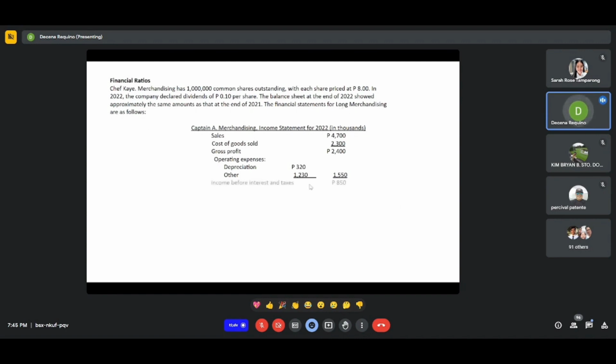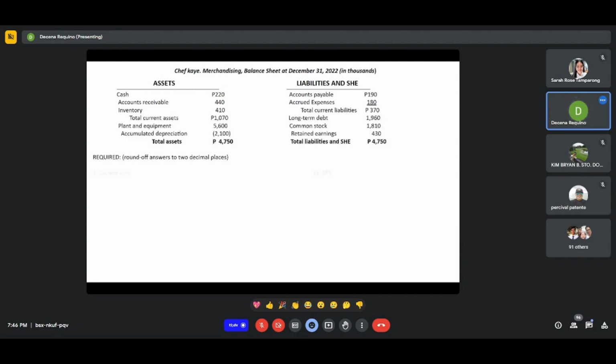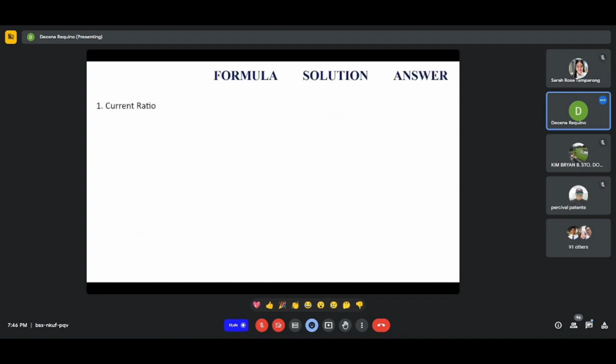So, ito yung income statement niya. Wait lang. Then, ito yung balance sheet. Paano nyo ba makikita itong